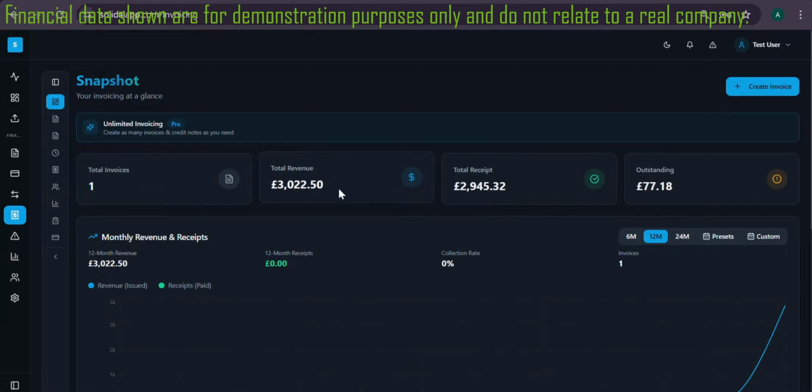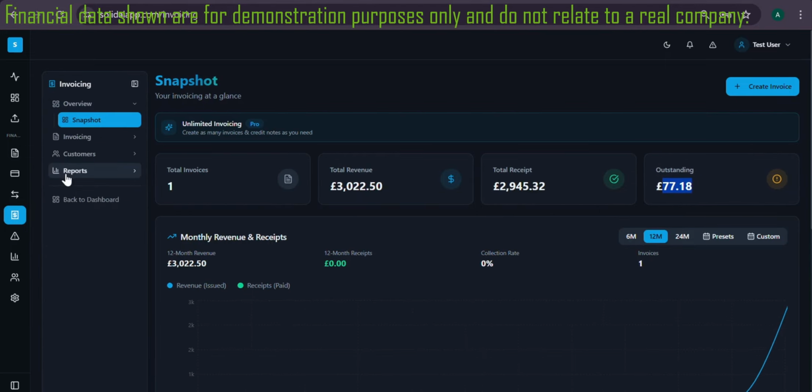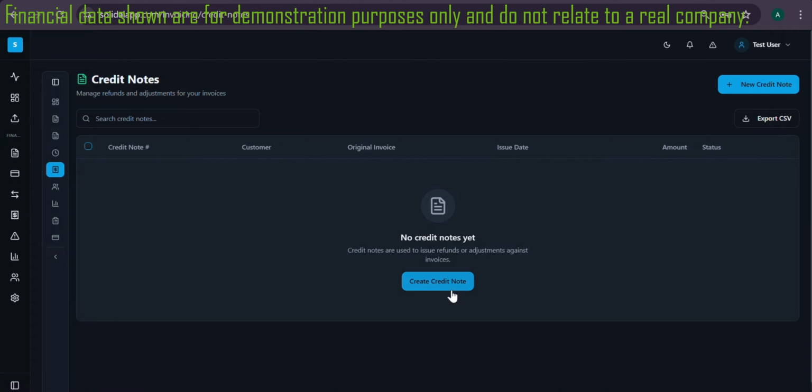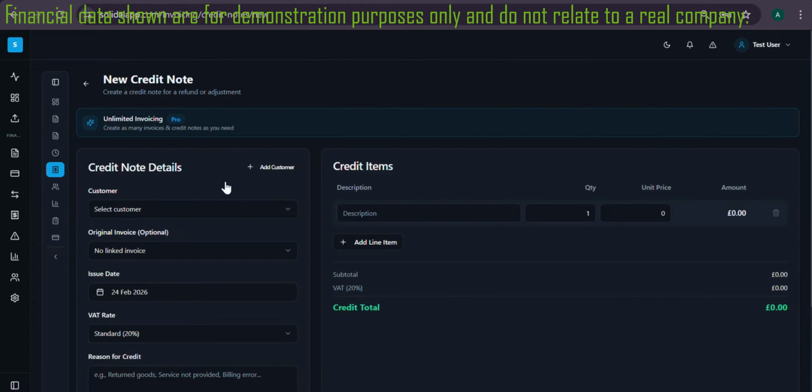So what you raised as invoice is this, and the money that you received is this, and you have 77 pounds here. Now I can decide and say, oh, this 77 pounds is a credit. Let me just raise a credit note for it because I'm not expecting this anymore. So I'm just going to cancel that for my customer. So I can come under my invoice here. Okay, so I just say new credit note. I'll select the customer,